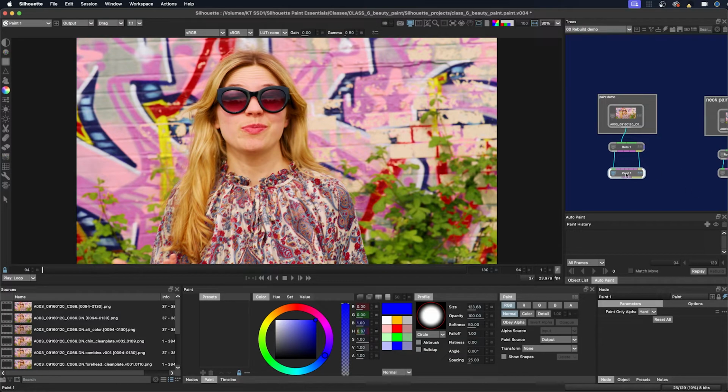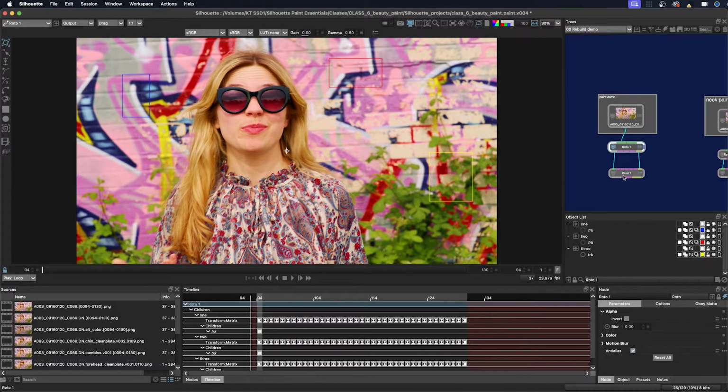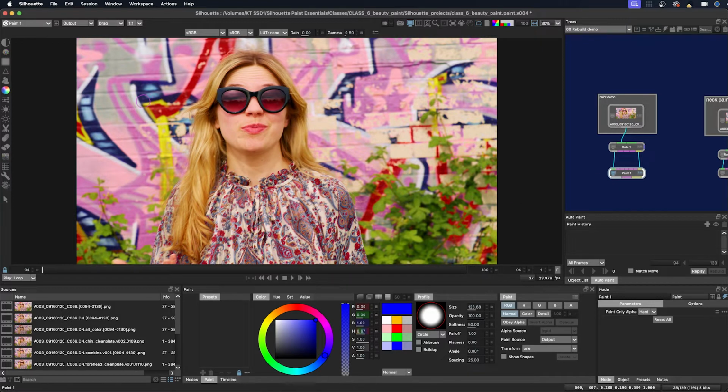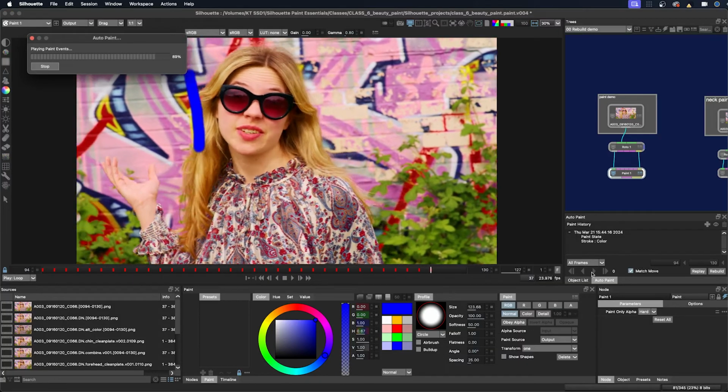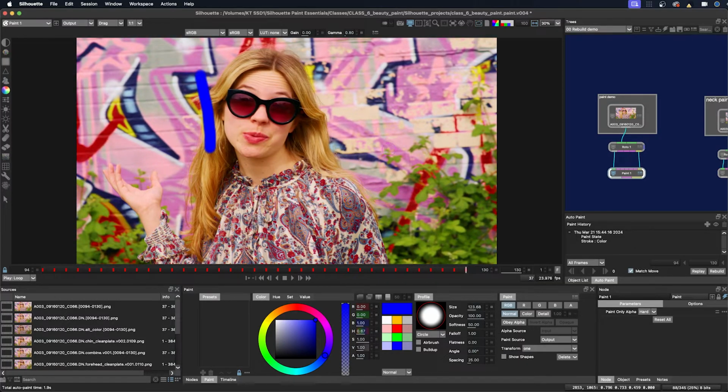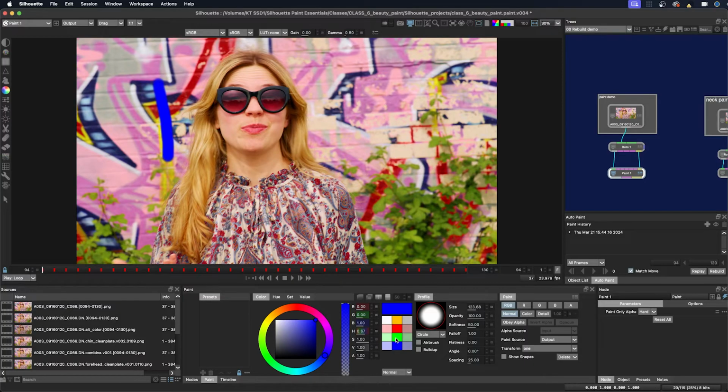Now I'm going to do some auto paint. I'm going to select one of my tracking layers that I already made in the Roto node. I'm going to make one number there, and I'm going to play that across the whole shot. Everything's checked and correct. We'll just play that. And then we'll have another auto paint, and I'll click on a different color and we'll go down to 2. We'll select this, and we have our group selected in the Paint History window, and we can play this forward.